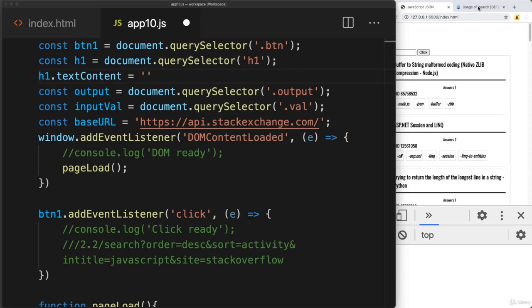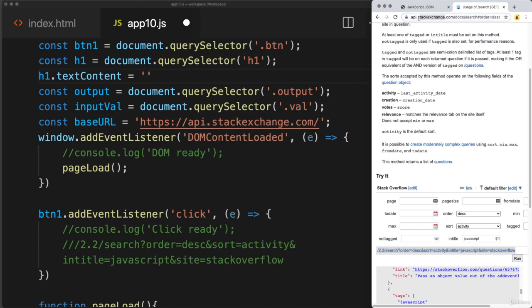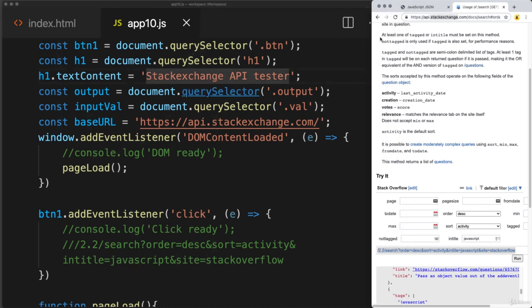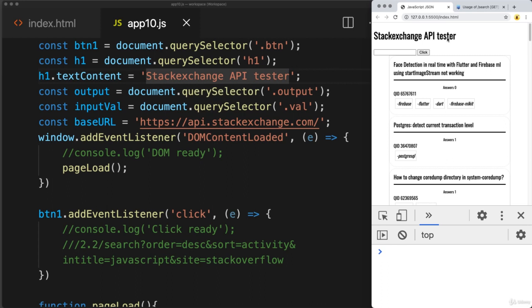And we can just call this the Stack Exchange API or something like that. So updating the title, API tester, and just capitalize that so that we've got some information on what we're tracking there. And then also for the button and for the H1,